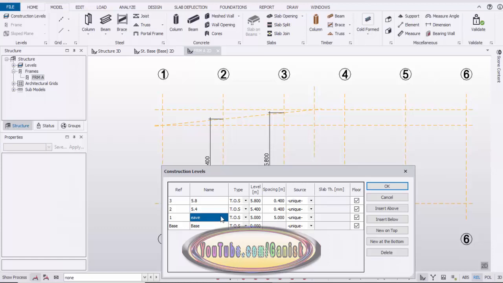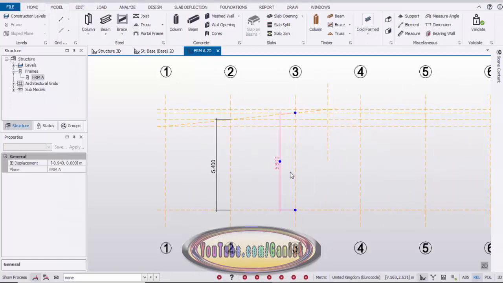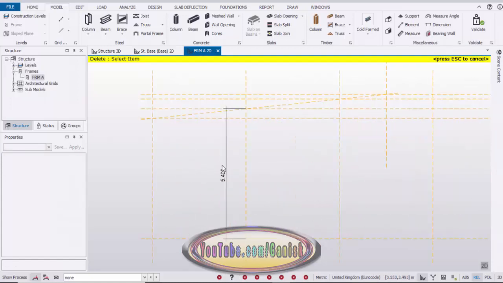Now we have the eave level, 5.4, 5.8, and select here and insert above. And now we're going to take 0.2 meters. This is the ridge level, so rename it as ridge. Then click on OK. Now we have the construction levels, so click on it and delete this dimension. Select and delete it.